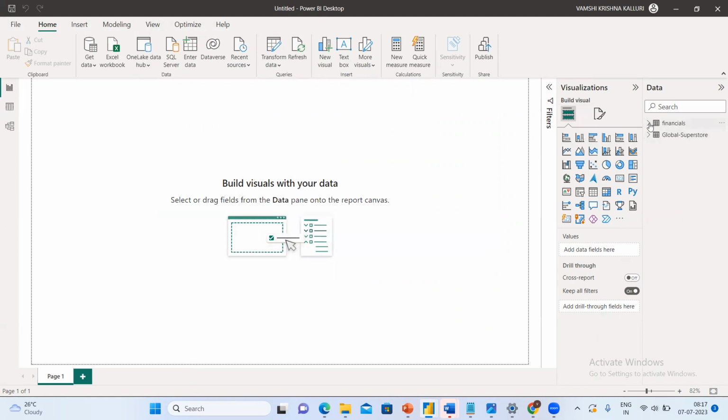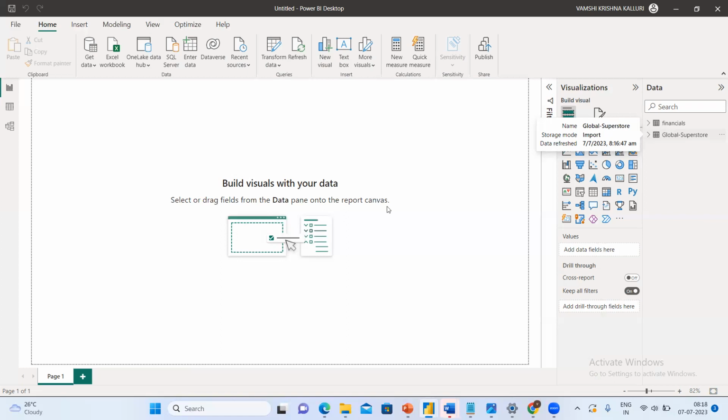Now you can select the finance. Finance is coming from the Excel source. Global store is coming from CSV, where we have connected multiple data sources. If you want to connect a database, you can connect. You can connect Azure SQL, you can connect n number of sources. I will show in the practical when it comes to the sessions.